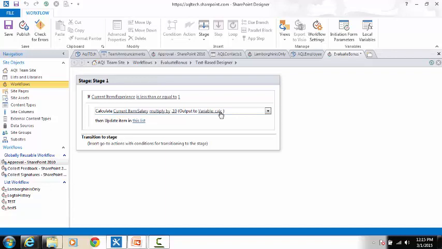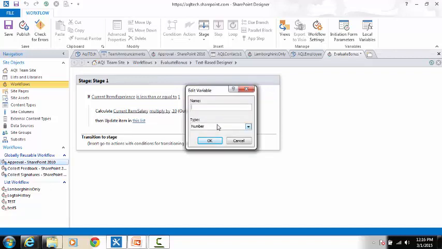So the first value is the current item salary. The second value is the percent of the salary, and the third operation is multiply by. When you pass these three things to the calculate workflow action, it's going to return me back one single value, which is the calculation itself, and it's going to return me that in a very special variable, and I'm going to name this variable